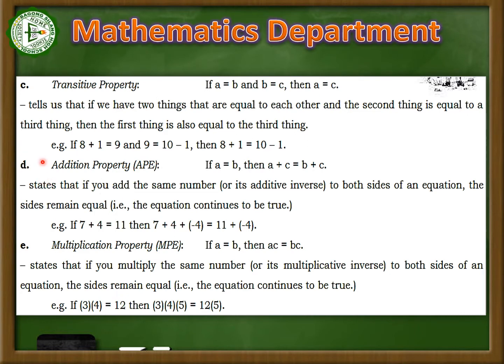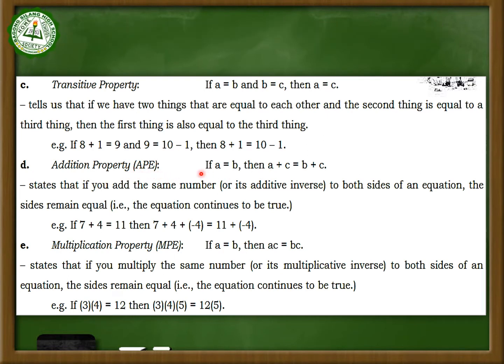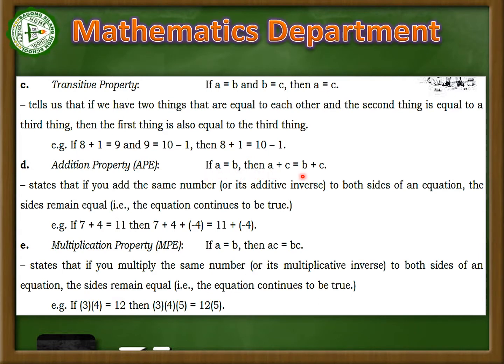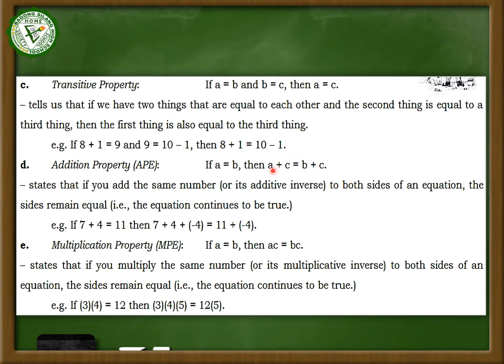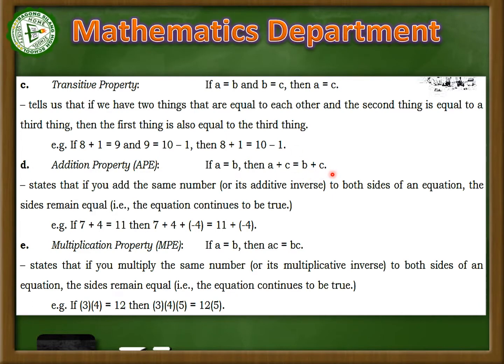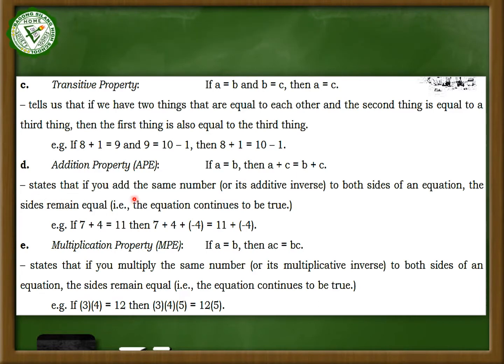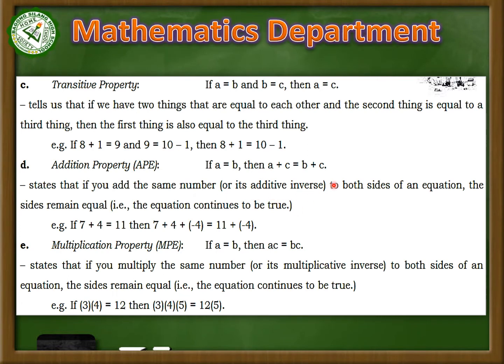Okay, let's proceed. Letter D, addition property of equality, or in short, APE. This time, if two expressions are equal, A equals B, then A plus C equals B plus C. So you are adding C on the left side of the equal sign and on the right side of the equal sign. Okay? So what does it say? It states that if you add the same number or its additive inverse, which is a property of real numbers,